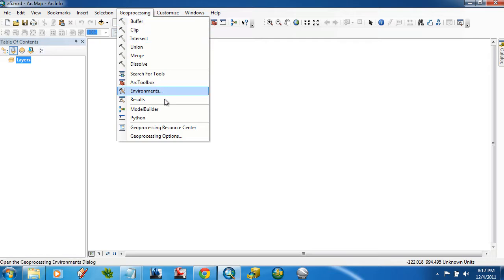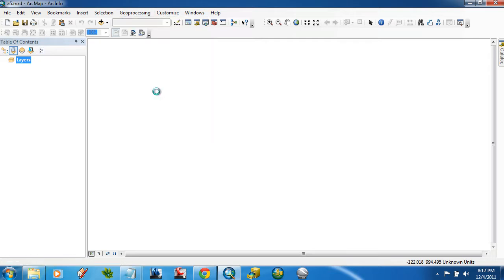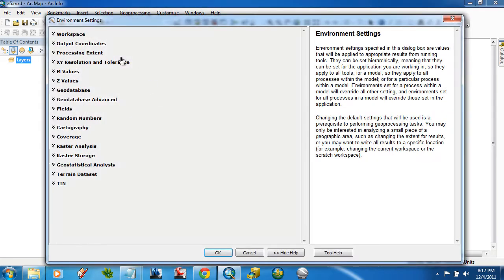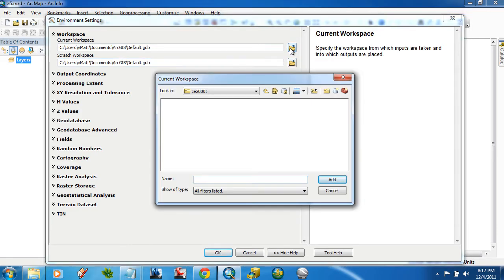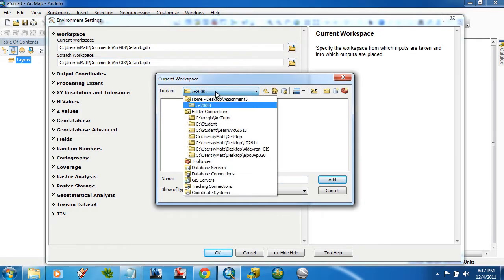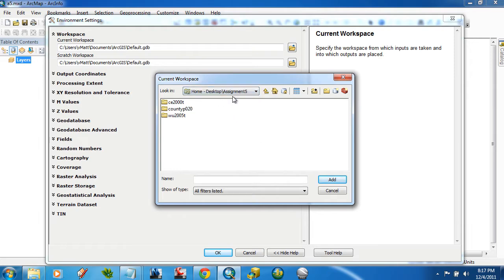Under geoprocessing, click on environments, and on the dialog that should open up, click on Workspace, and we'll set the current and the scratch. Really easy to do. Click on that little folder. Probably want to navigate to that same folder we were just in, and you want to click the new file